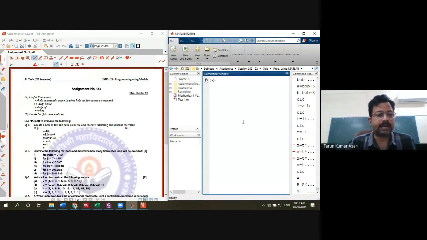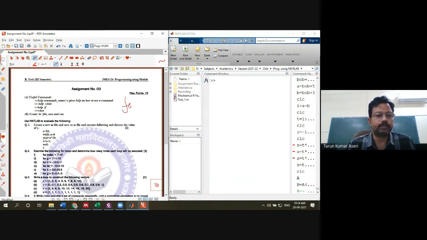In this assignment, we are going to study the different loops: how the for loop works, and then the while, if, and else constructs.